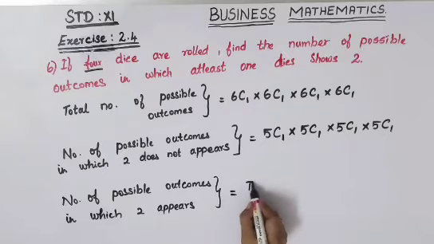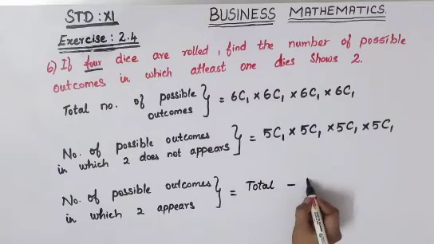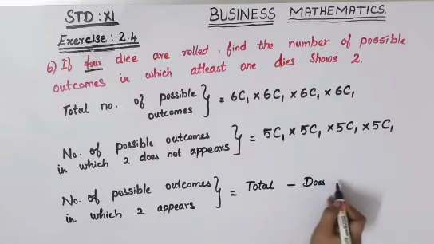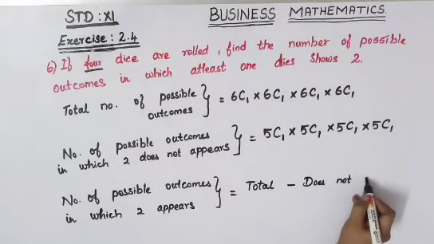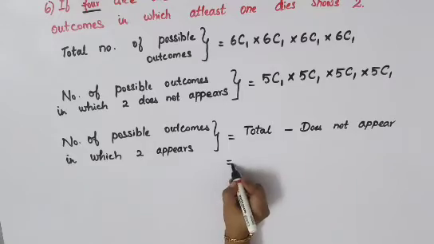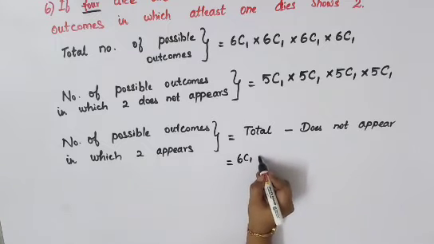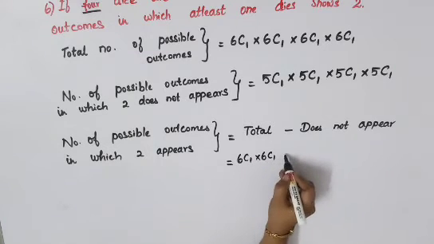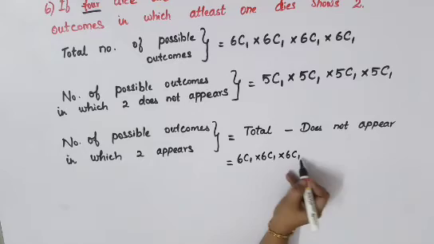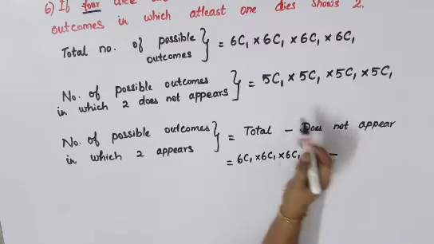So your total minus does not appear is equal to 6C1 into 6C1 into 6C1 into 6C1 minus, here does not appear,